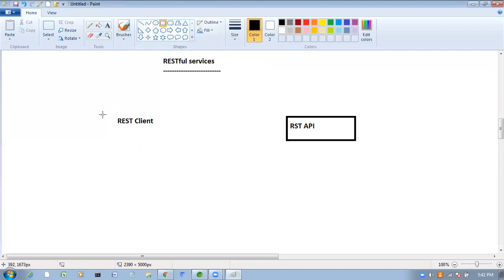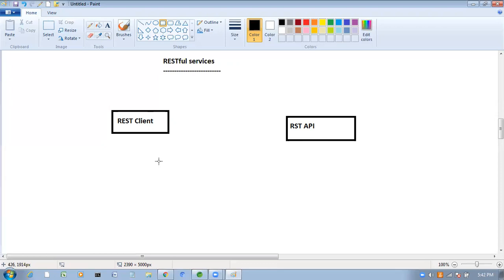Here we have two parties: one is the REST API and the second one is the REST client. The REST API will provide the services, and the REST client will access those services.